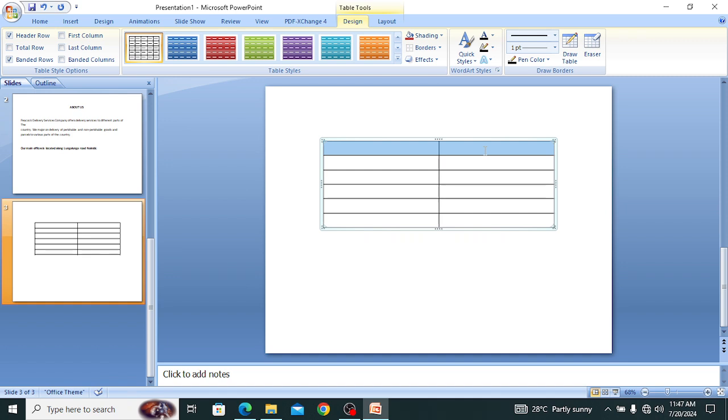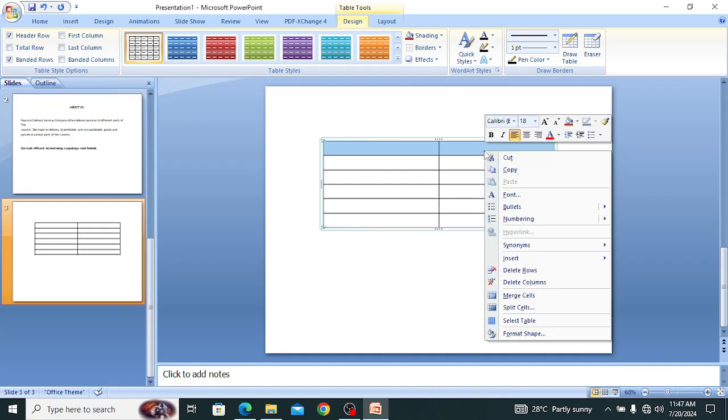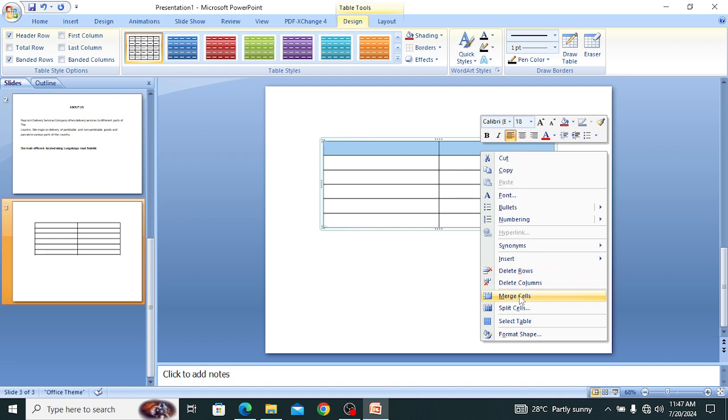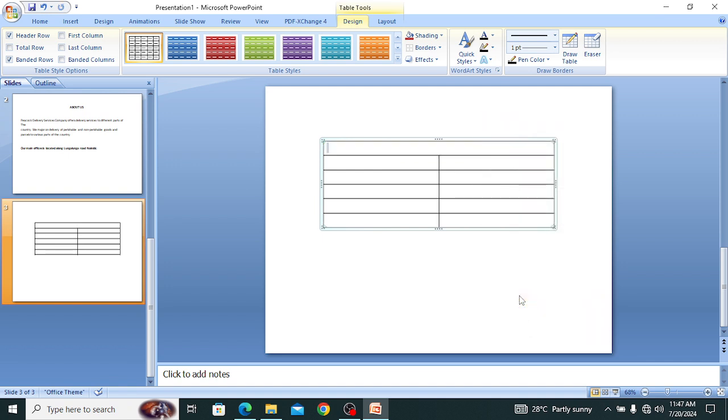This one is not like Microsoft Word whereby you can merge this. You can merge the cells, yes, but it's not like word processing program. Then highlight, then right click, then click merge cells like that. So unaona nimekata hiyo row. Sawa. Then what are you supposed to do here? You are supposed